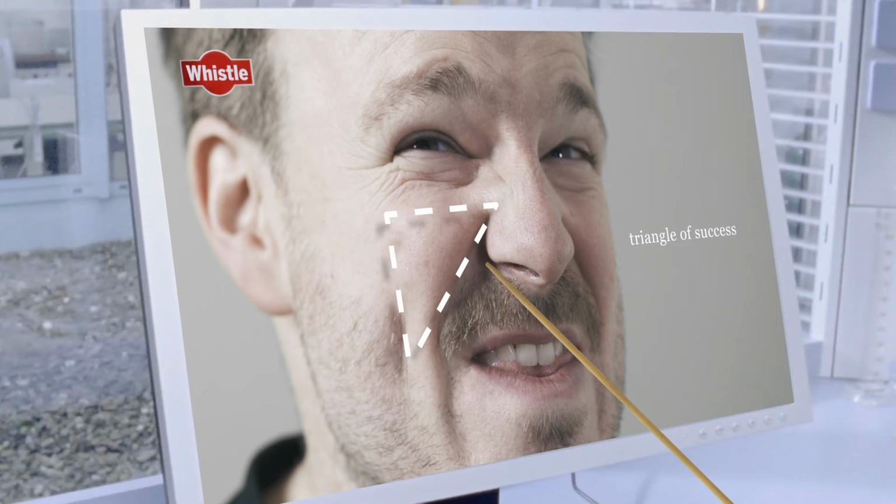Do you see this face? Copy this face. It's a Robert De Niro type of face. Your cheek muscles must be really stiff. This hard triangle here, this is the triangle of success, my friends. And then...